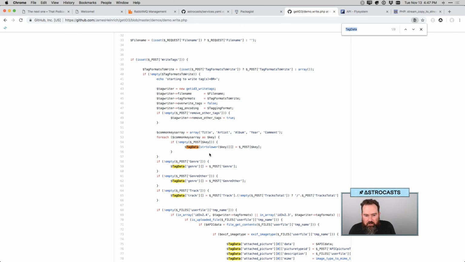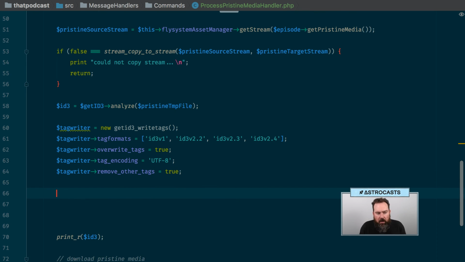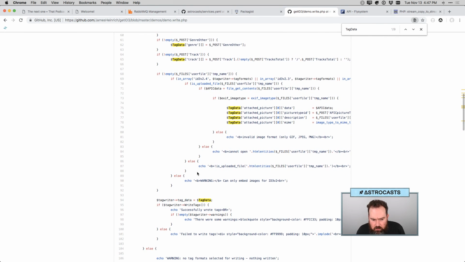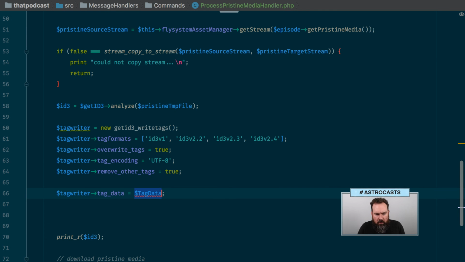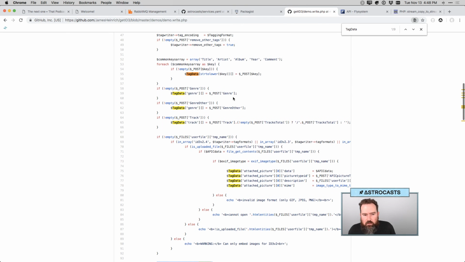Looks like you can specify multiples of these. Okay, so title, artist, album, year, and comment. So we'll do those three. Where's tag data used? Tag writers, tag data. I'm not going to spell it like that. Okay, so tag data,